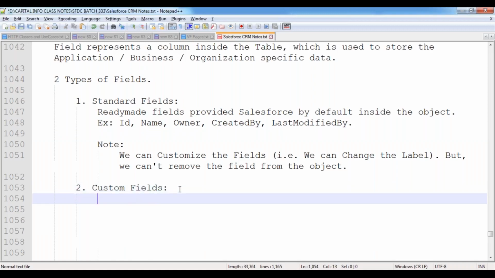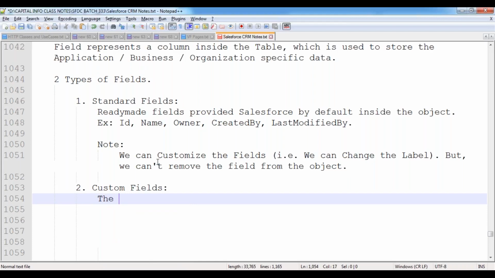Custom fields are the fields created by the developer or administrator. That means the Salesforce developer or administrator can create their own fields inside the object according to the business requirement, to store application specific data and business specific data. Whatever additional columns they need, those columns are called custom fields.